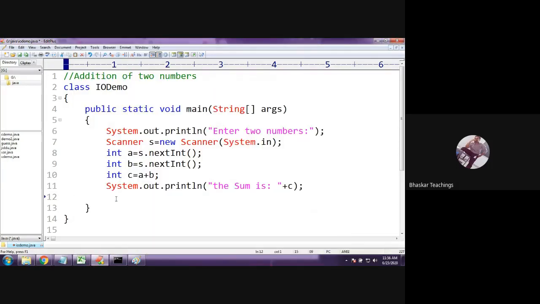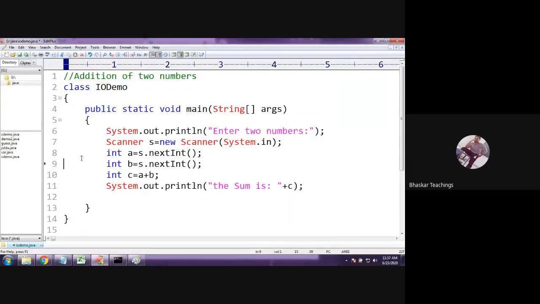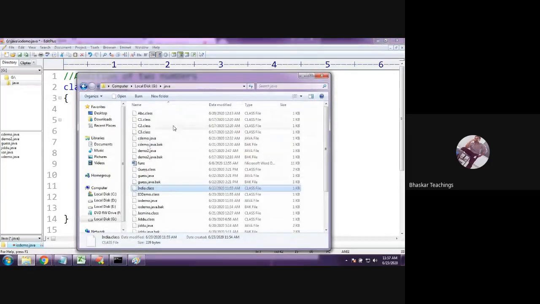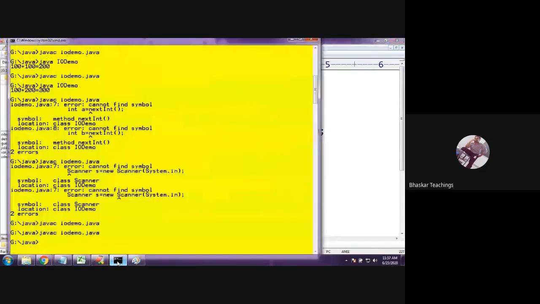When I created an object for the India class and called the AP method on it, it didn't generate any compilation error because India.class belongs to this folder and is available here. But here I'm creating an object for the Scanner class, and there is no Scanner.class file in this folder. That is why it says: cannot find symbol Scanner.